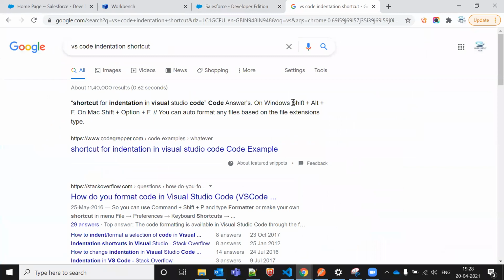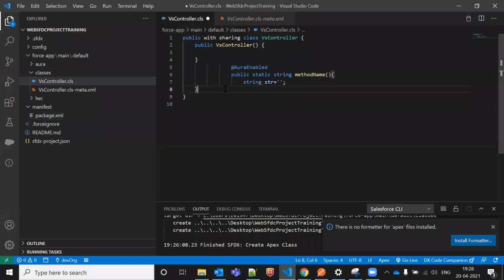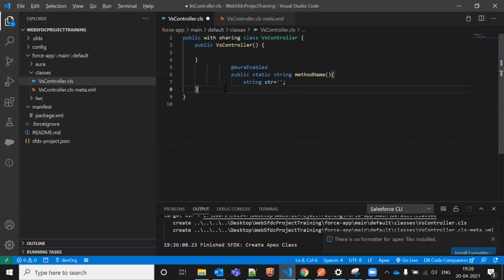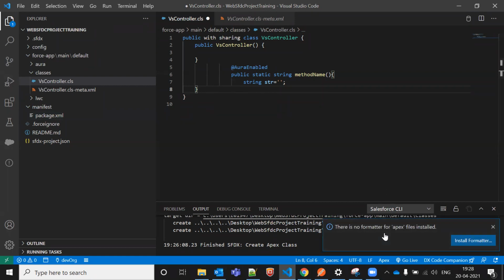So that is Shift Alt and F. Shift Alt and F. No, the format is not working, so I don't know what's the issue. Okay, no worry, we'll do it. Might be some extension issue.